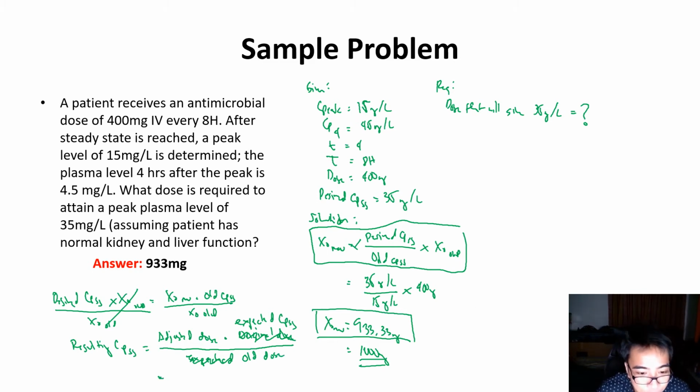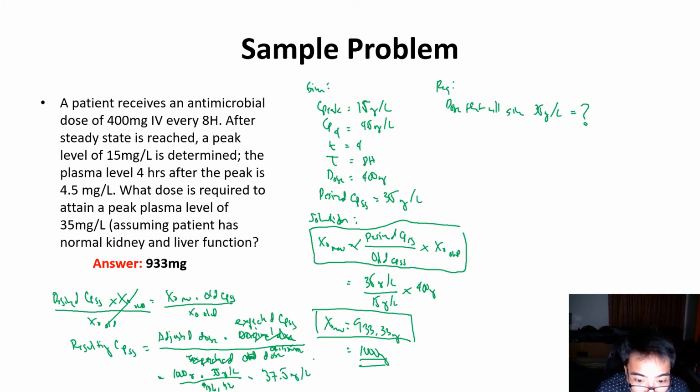Okay? So, adjusted dose ko would be 1,000 milligram times, expected ko dyan dapat is 35 based on sa old dose ko, would be 35 milligrams per liter over the, ito yung old dose na ginamit ko, the original dose. Old dose, original, sorry kasi I hope naiintindihan nyo pa sinusulat ko, is 933.33. Hindi na siya kasya. Okay, so 1,000 times 35 divided by 933.33. Ang lalabas dyan na plasma concentration is 37.5